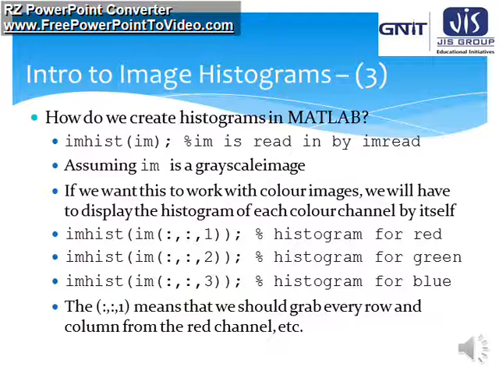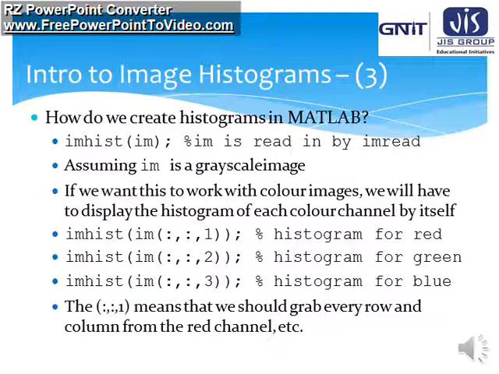If we want this to work with color images, we will have to display the histogram of each color channel, that means red, green, blue, separately. So imhist(im(:,:,1)) is the histogram for red. Then imhist(im(:,:,2)) is the histogram for green.